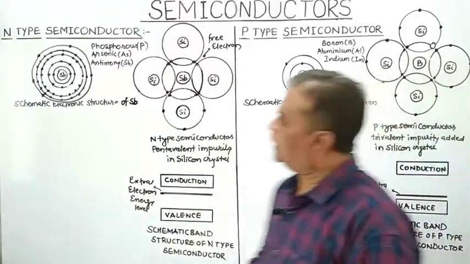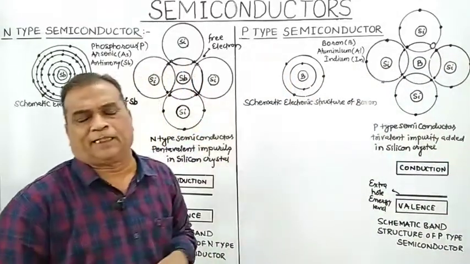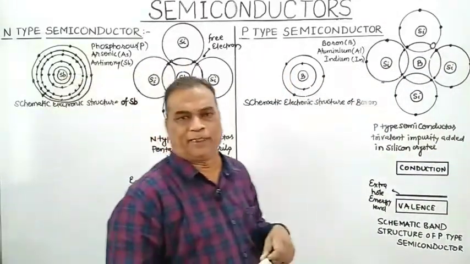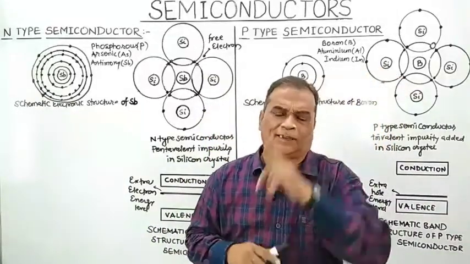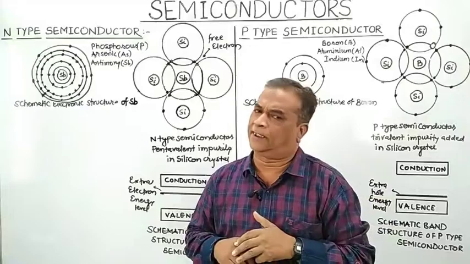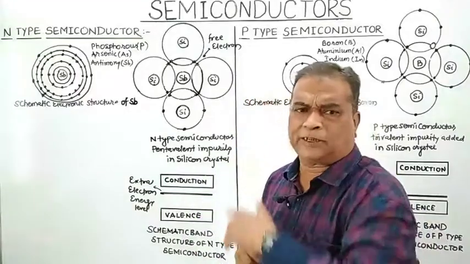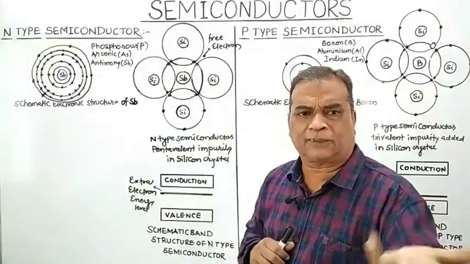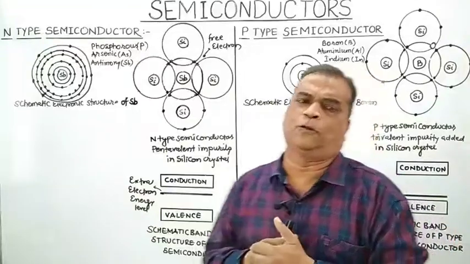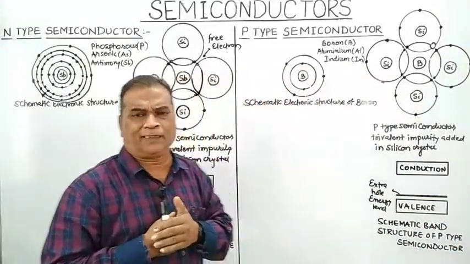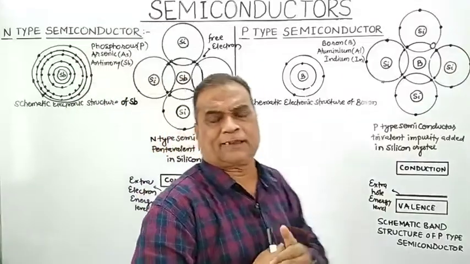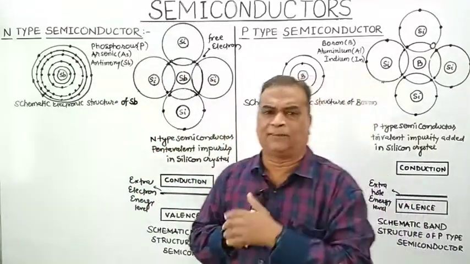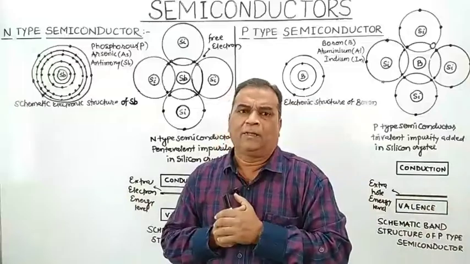Now we will discuss N-type semiconductor and P-type semiconductor. As you know very well, the electrical conductivity of a pure semiconductor, that is an intrinsic semiconductor, is very small at room temperature. So that's why they are not that useful while designing semiconductor devices. Anyhow, we must increase the electrical conductivity of a pure semiconductor, and that can be done by using